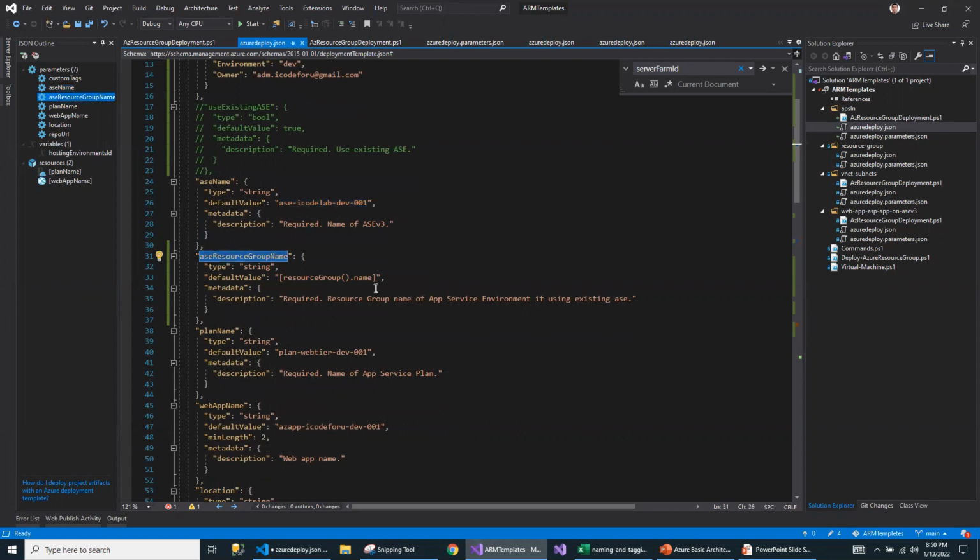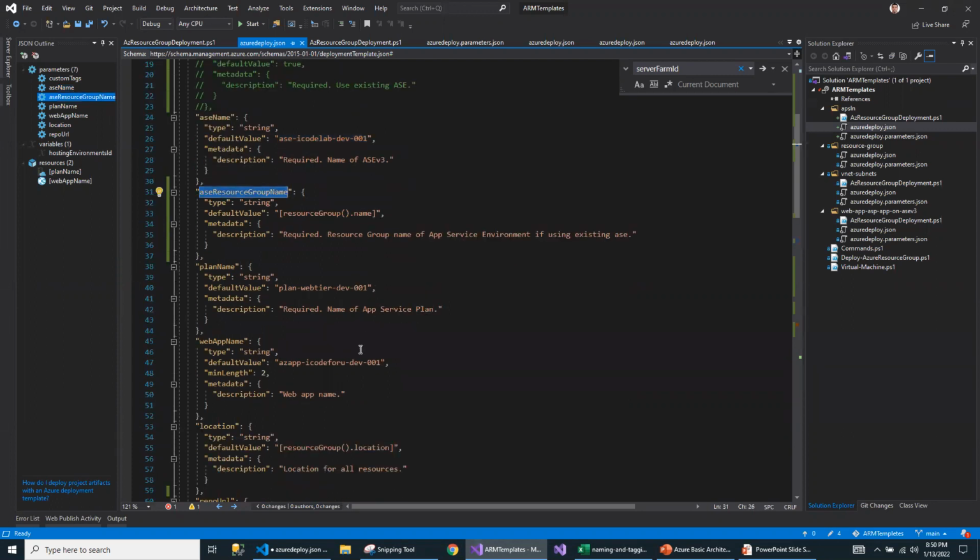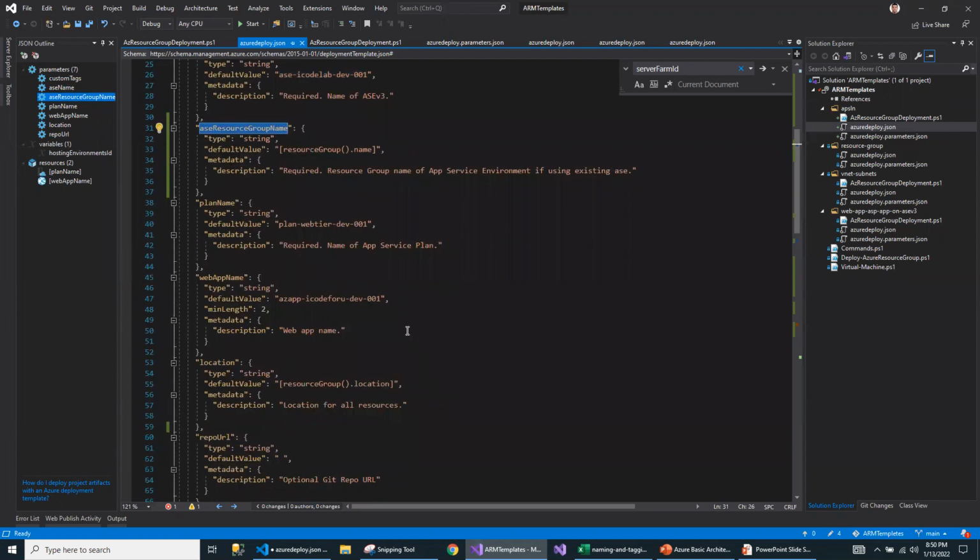This is the name of the resource group, which the resource I'm going to create depends on. This is my app service plan. Right now I'm creating only one app service plan for the web tier. Once this is successful, I'm going to add one for the app tier also.